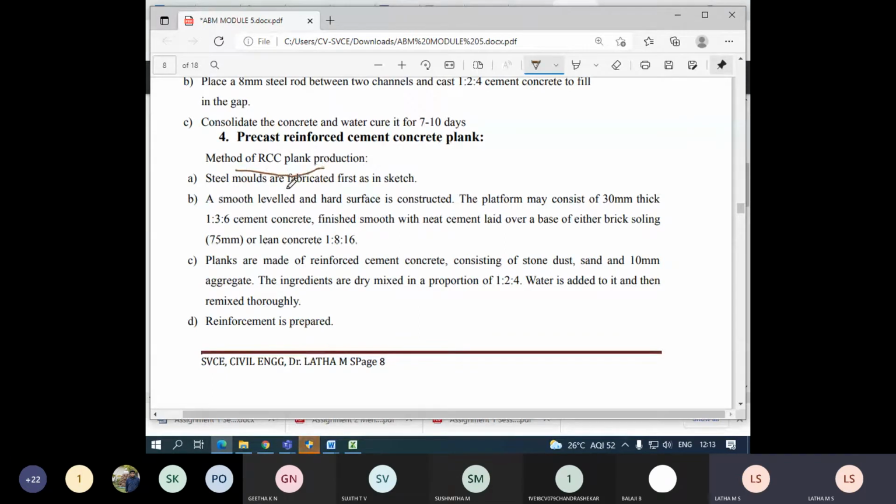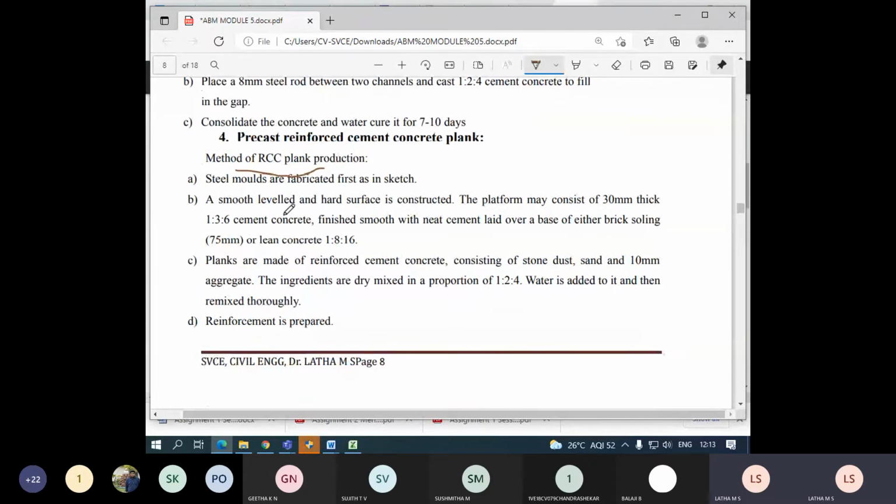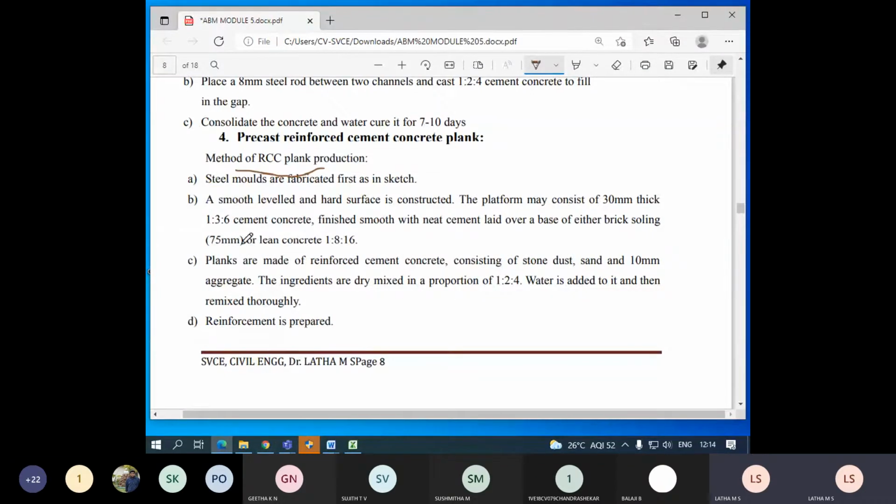As in the sketch, steel molds are fabricated first. Steel molds are being used, not wooden molds, and assembled together, right?